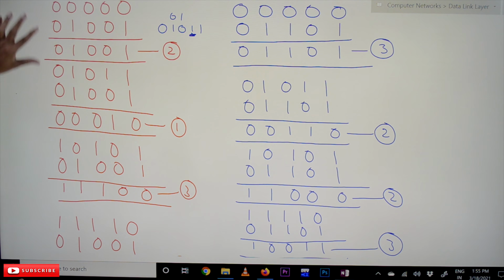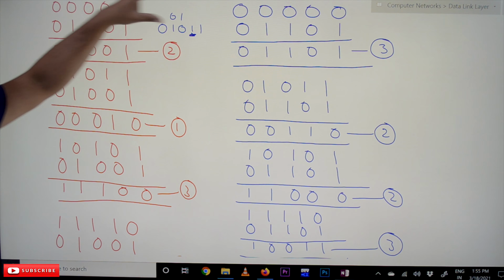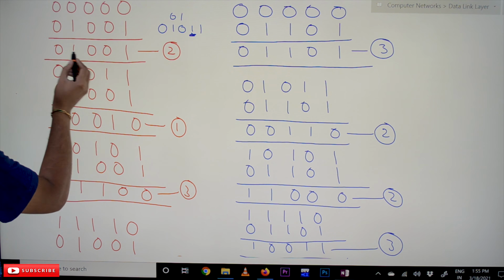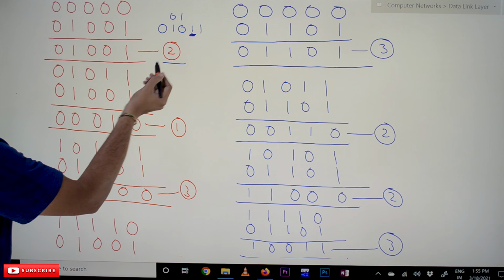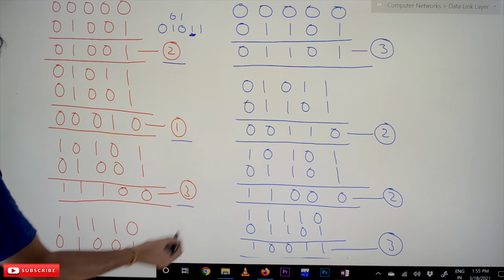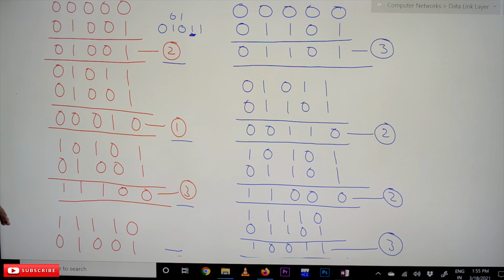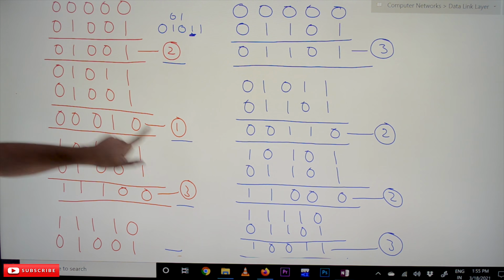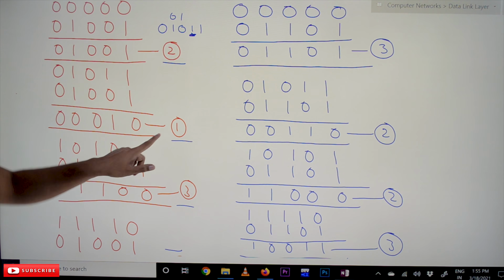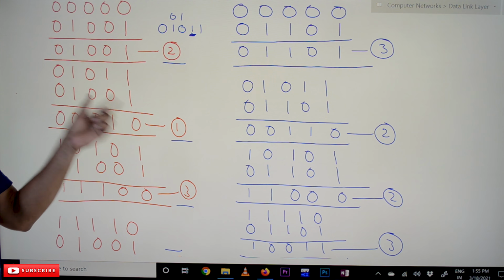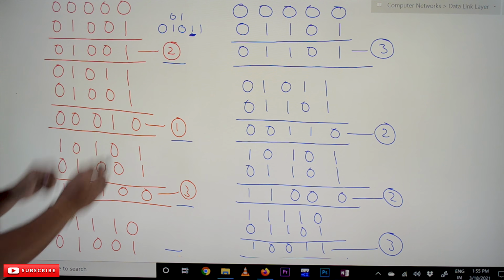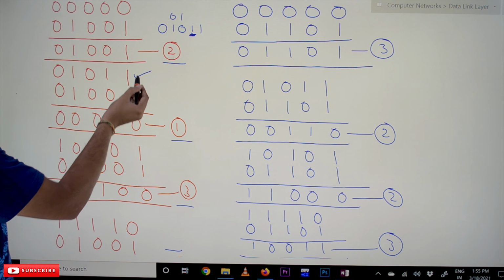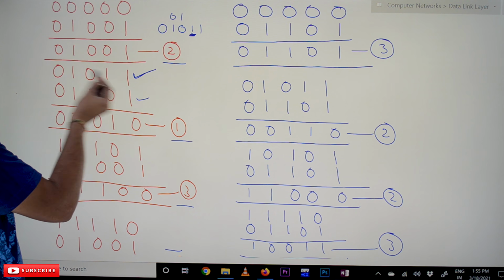We are going to compare each and every valid code word with the code word that has been received. Here the Hamming distance is 2, 1, 3, and for this one the Hamming distance is 4. So the minimum Hamming distance is 1, which means one error has occurred.